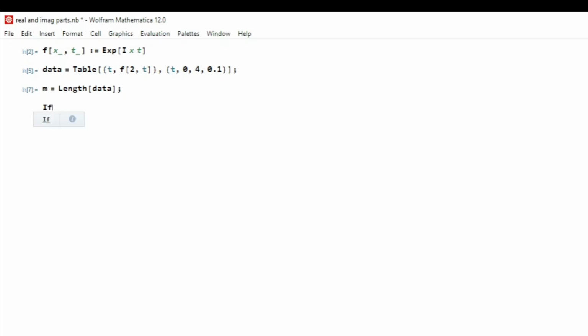Now I start with the If function and then I add a true condition. The true condition is that if the length of the second of the data of every entry, I just enter a number two, whether it is two, one, or three, whatever the number it may be. This number obviously corresponds to the number of elements inside a given sublist, which is obviously two as we saw. And I ask Mathematica if this is true, which I know it is true, then